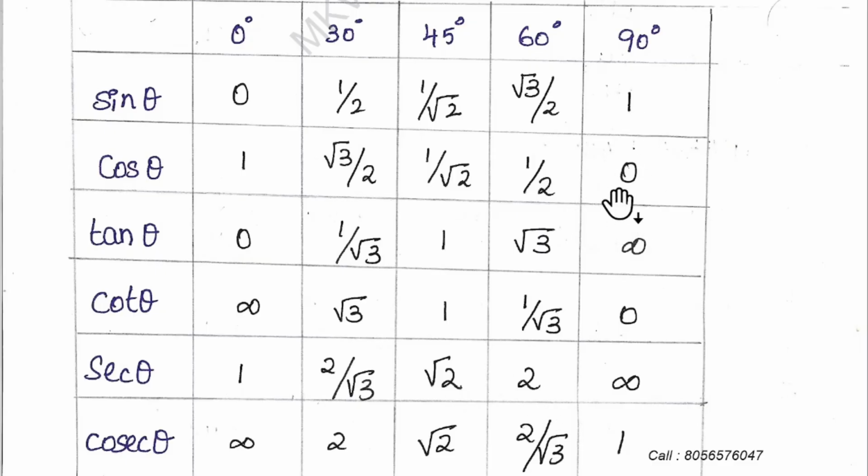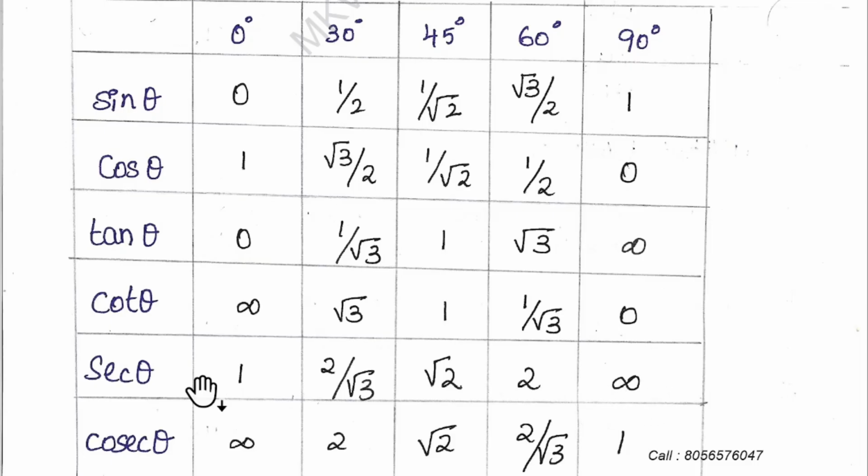And always remember, when you are taking the reciprocal of 0, you think 0 by 1. So 1 by 0 will be not defined. So if 0 is there, you think like it is 0 by 1. If you are going to reciprocal it, it will become 1 by 0. 1 by 0 is always not defined. When you have 0 in the denominator,